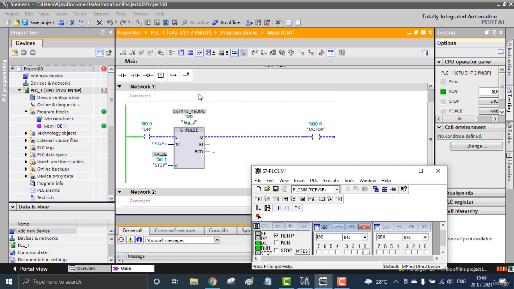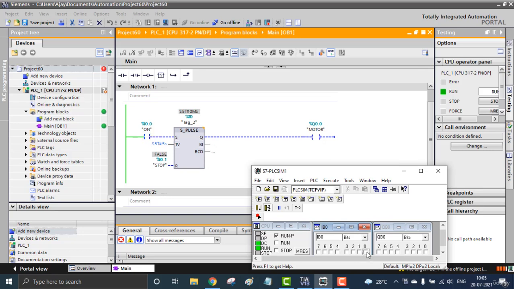When the input is on, the timer will be running, and when the input is off, the timer will hold. You can see, once more turning it on, that is starting from the previous time. See, it is holding at the last 840 ms. Again I turn it on, and that will again start from the beginning. So that will provide an output for 5 seconds or the desired preset value.